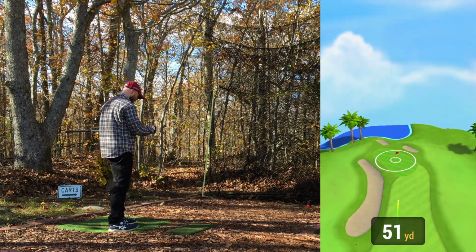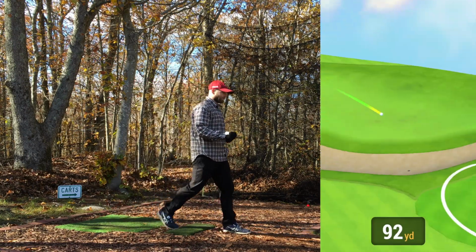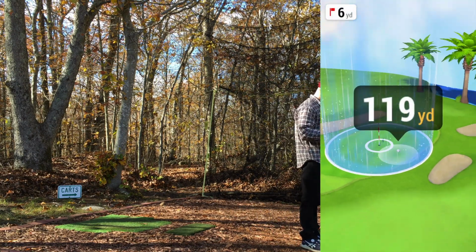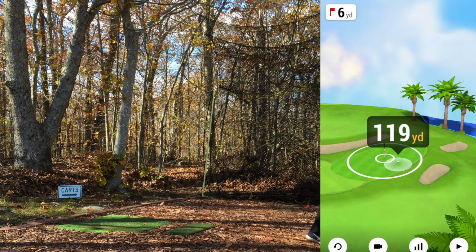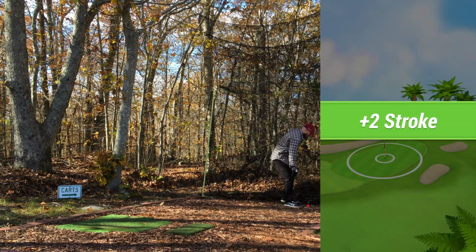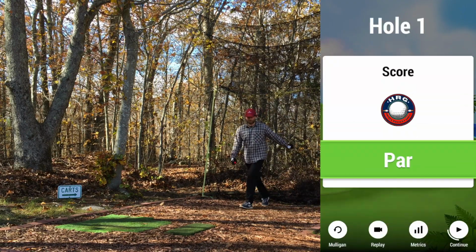A little bit thin, toey. It's gonna fade, but should be on the green right side. Said it last time, and so far, granted it's been limited experience with these irons, but that